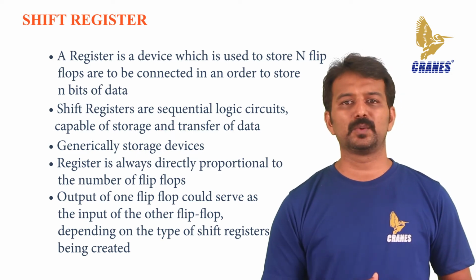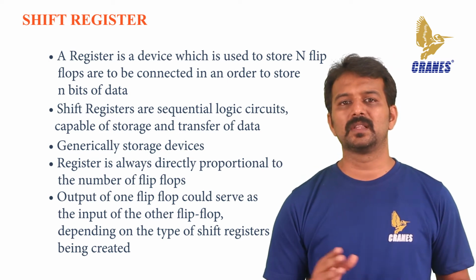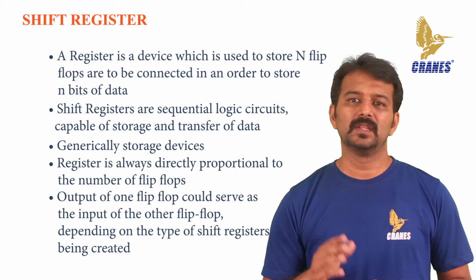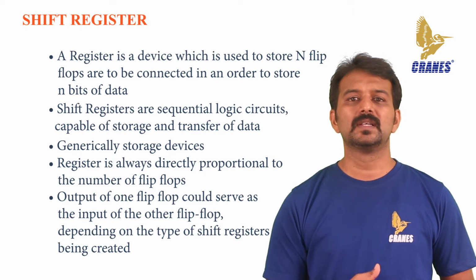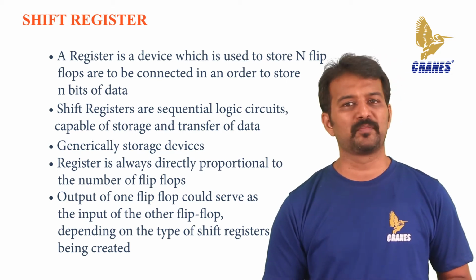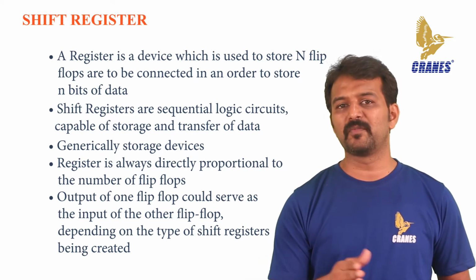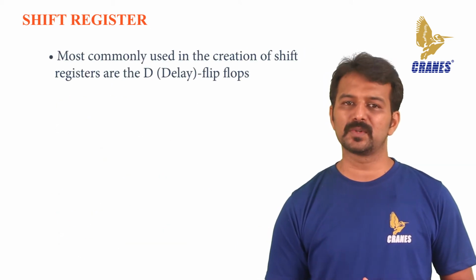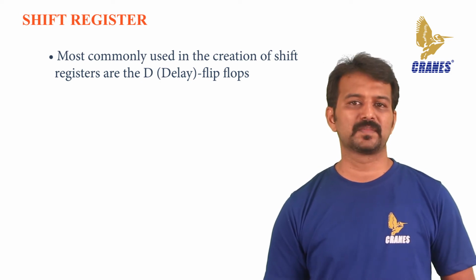Flip-flops are devices with an operation which is similar to that of a latch. It can be referred to as a bistable vibrator which can move between the 0 state and the 1 state, and it is capable of storing data in bits. New data is read into a flip-flop with each clock cycle and the previous data is sent to the output. This, however, depends on the kind of flip-flop, as the input, output and the clock cycle relationships between flip-flops vary. There are different kinds of flip-flops, but the most commonly used in the creation of shift registers are the D flip-flops.